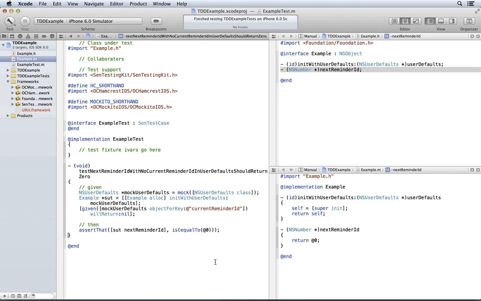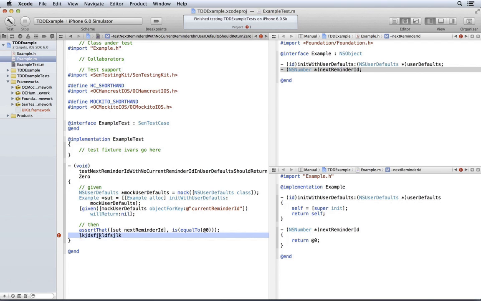Now let's test another requirement. We want this value that was generated to be saved back into user defaults. It is very, very tempting for the beginner to come here and add some other verification in here. Do not. No, resist. Resist the temptation.